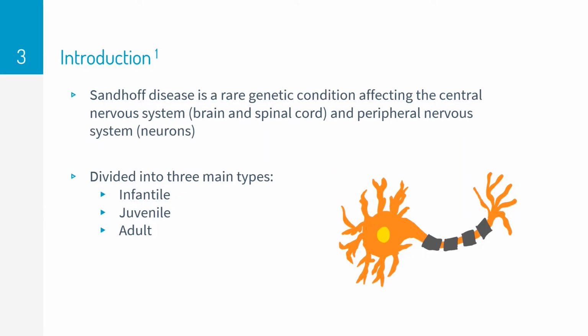Sandhoff disease is a rare inherited disorder where neurons in the brain and spinal cord are gradually destroyed. This disorder can be divided into three main types based on the age at which the first indications and symptoms manifest. The types are infantile, juvenile, and adult. The most severe form is the infantile type, which manifests from the age of 3 months up to 6 months, wherein their development slows down and their muscles for movement weaken. The juvenile and adult forms are uncommon, and symptoms are often less severe compared to the infantile type.